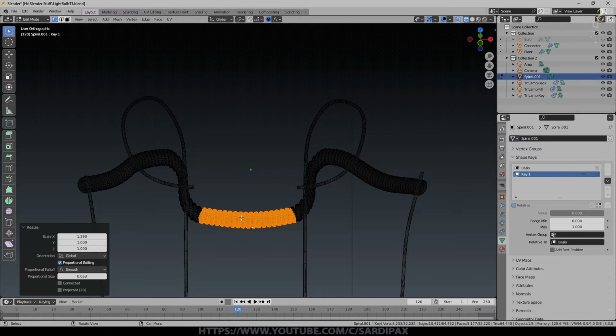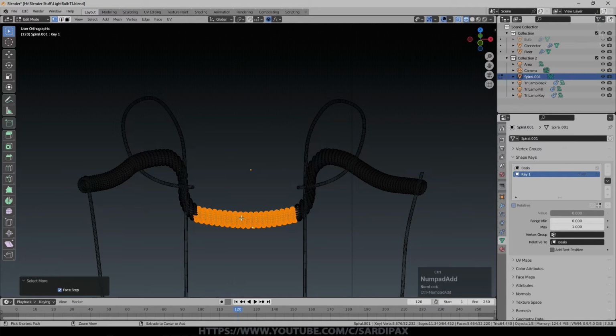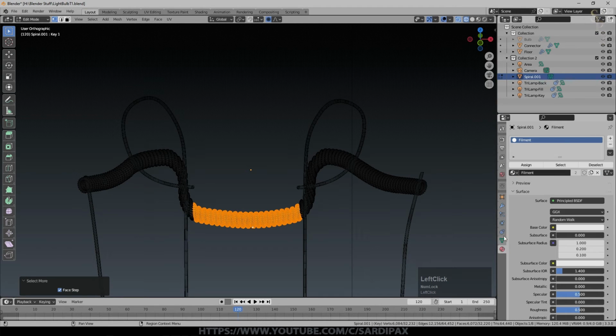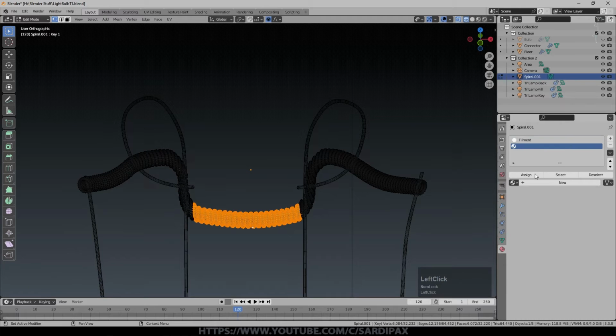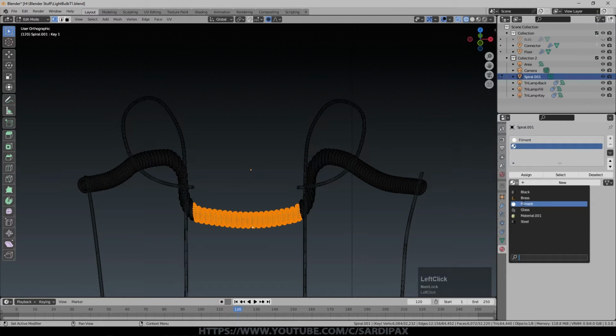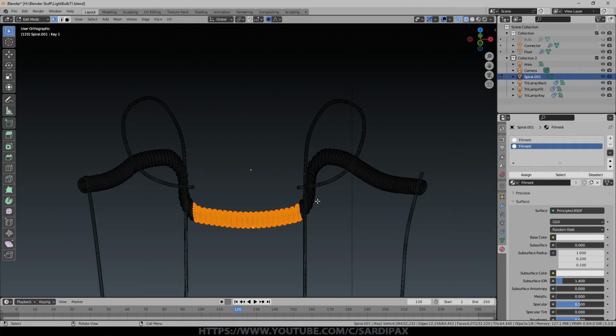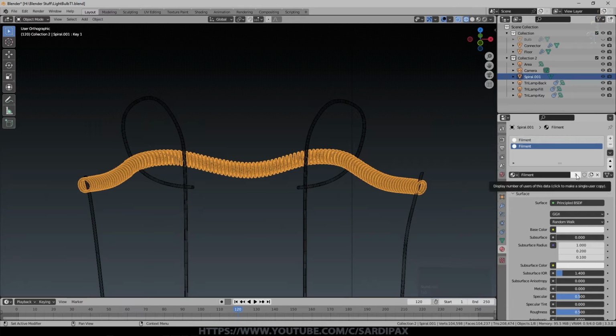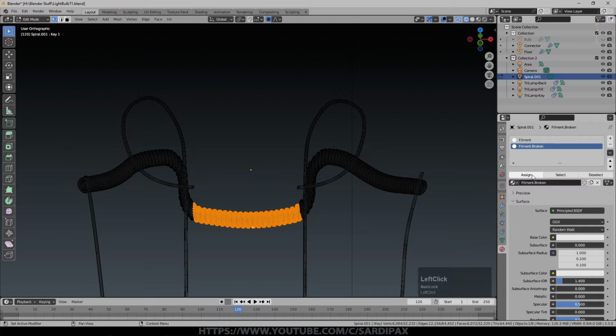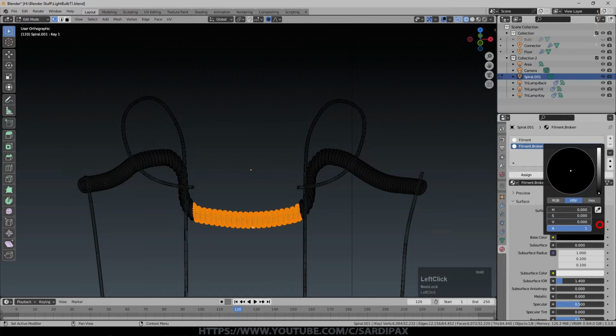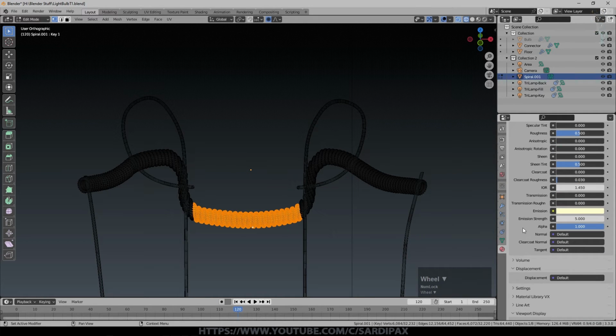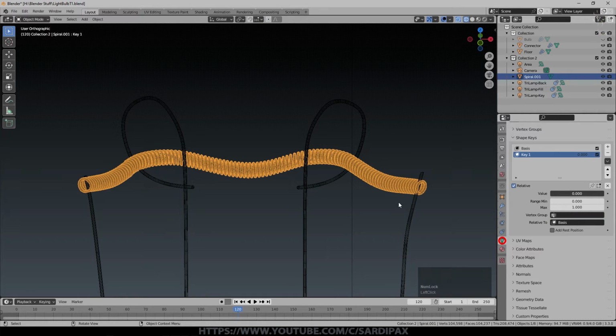I'm going to keep that selected. In fact, what I'm now going to do is Control plus in order to select a little more. You can see it's slowly spiraling out. And I'm going to go to my materials. I'm going to add a new material and I'm going to select filament again. Come out of edit mode for a moment with tab and just click that 3, and I'm just going to put the word broken on the end of that, and now I'm going to assign that, and we'll set the base color to black, but it doesn't really matter. The important thing is that we're going to animate setting that to transparent. So back to our shape keys.